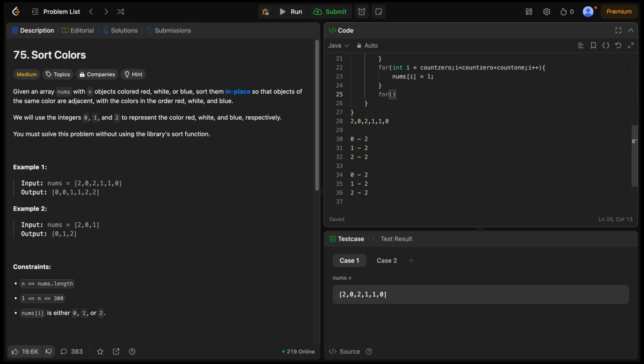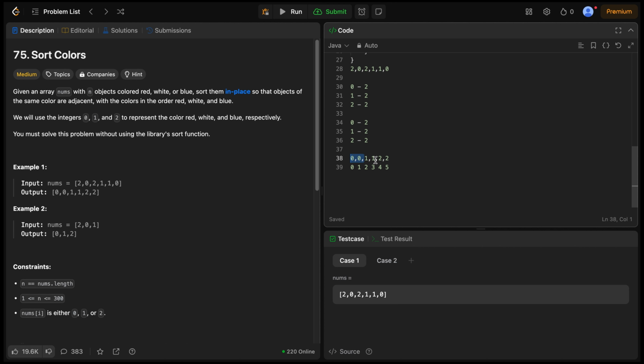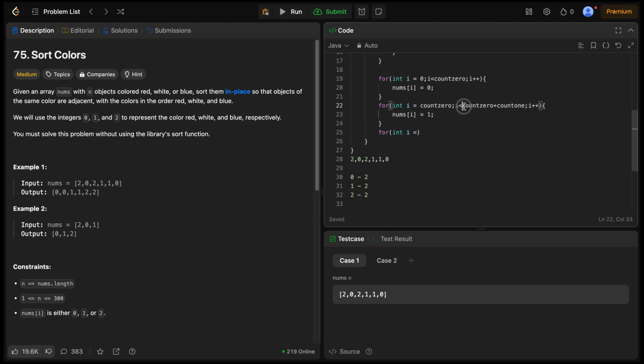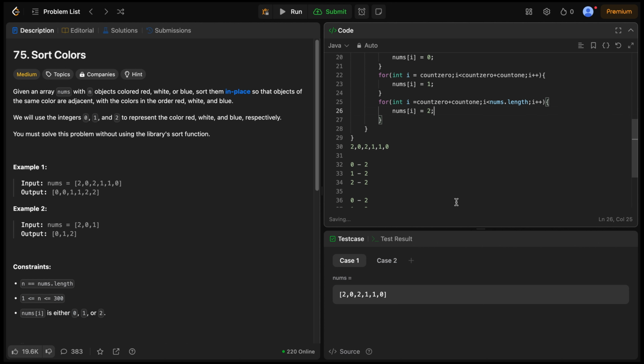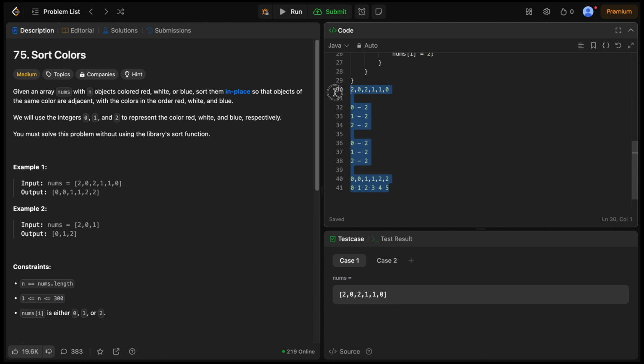Now let's talk about the last loop. So here i will be equal to count 0 plus count 1. So then I will get my this index. So let's just copy it. Okay, and we can paste it here. Now I will go until the last index, which will be nums dot length, and then it will be i plus plus. Here I can see that nums of i is equal to 2. Fine. This is how we do it. Let's just simply comment it out